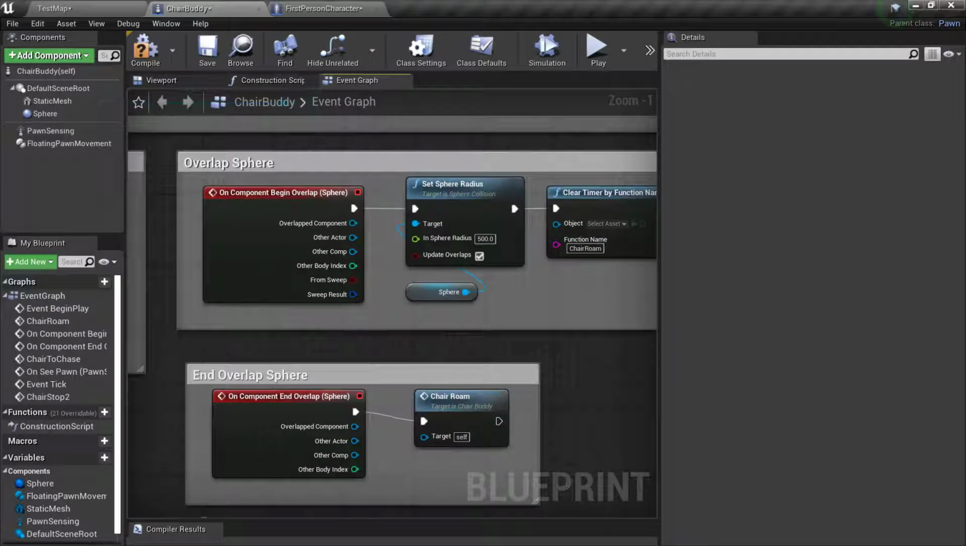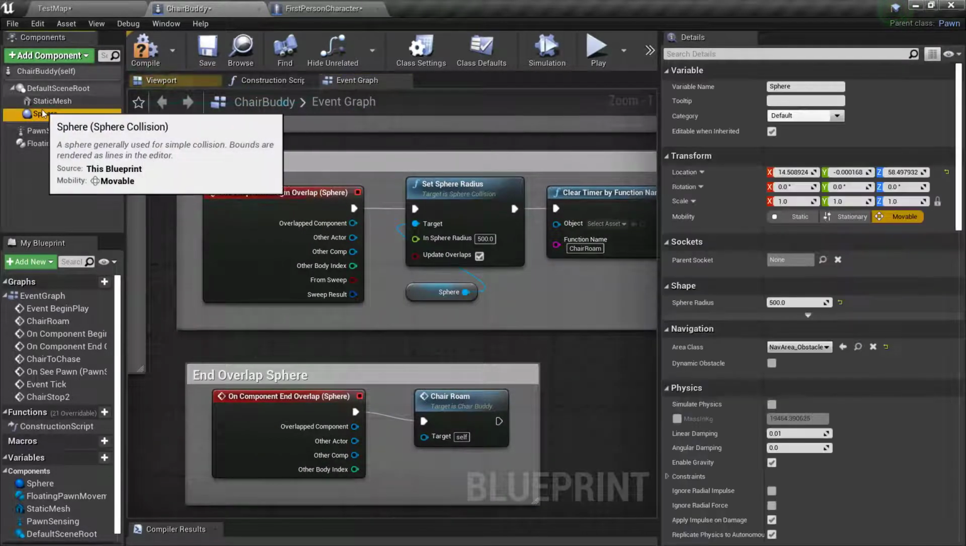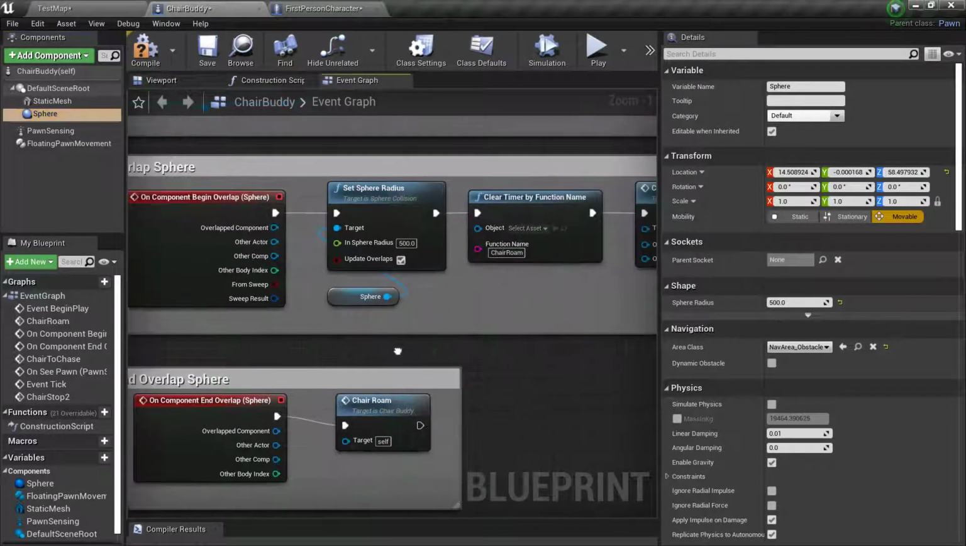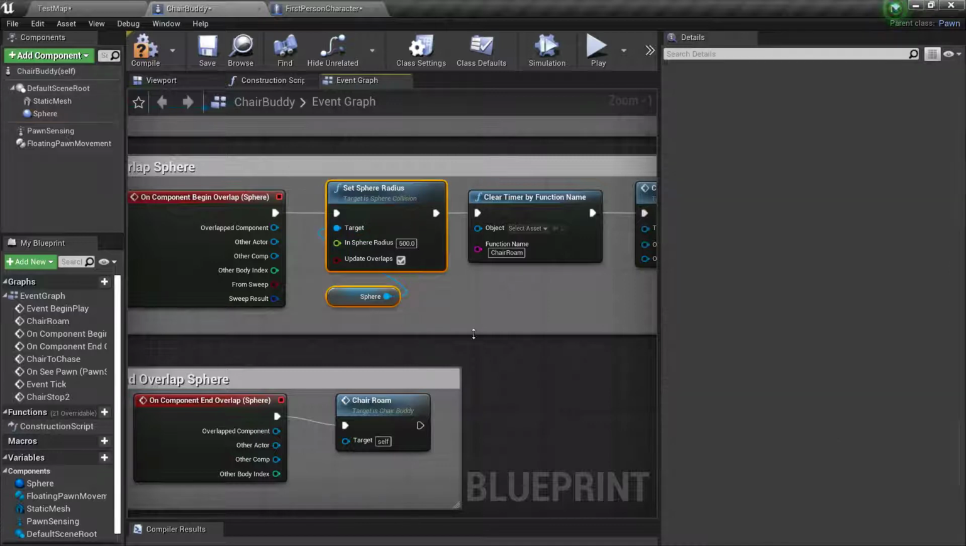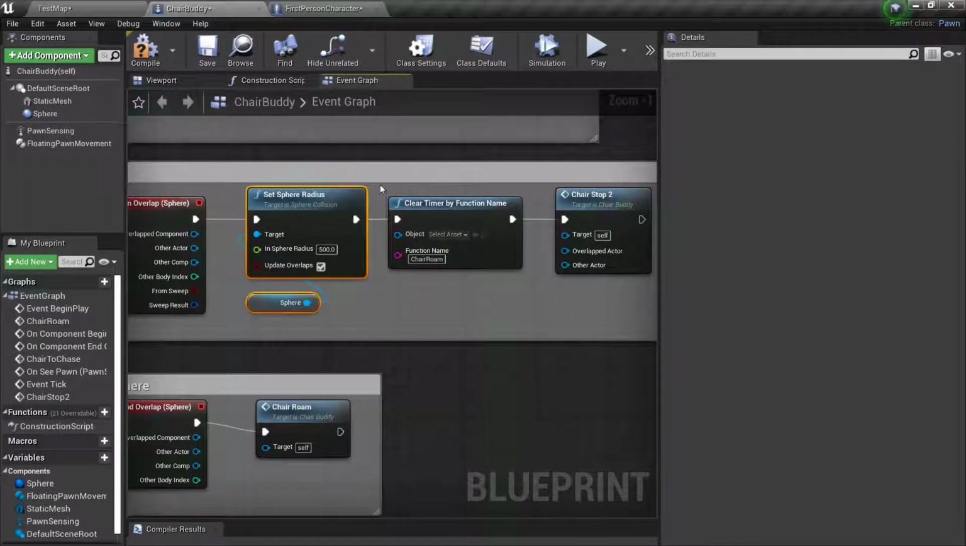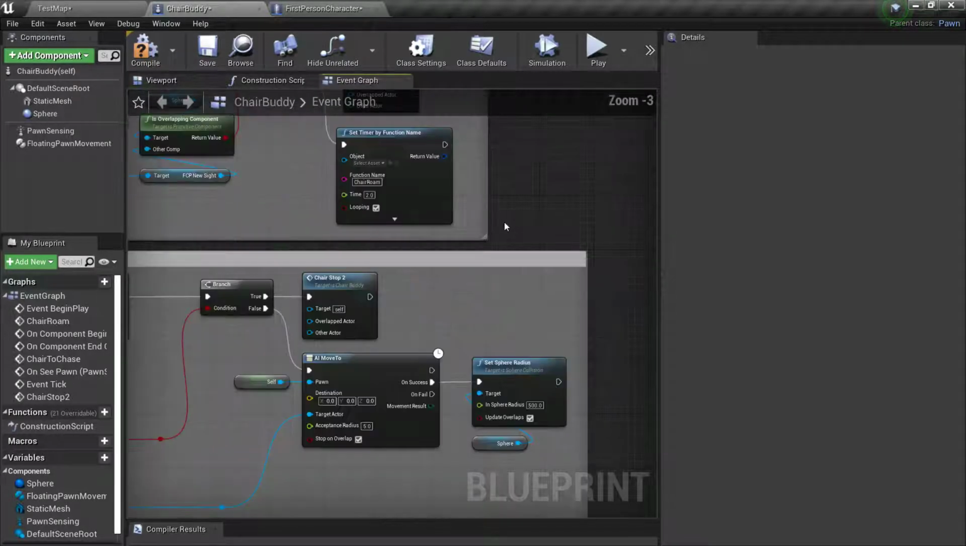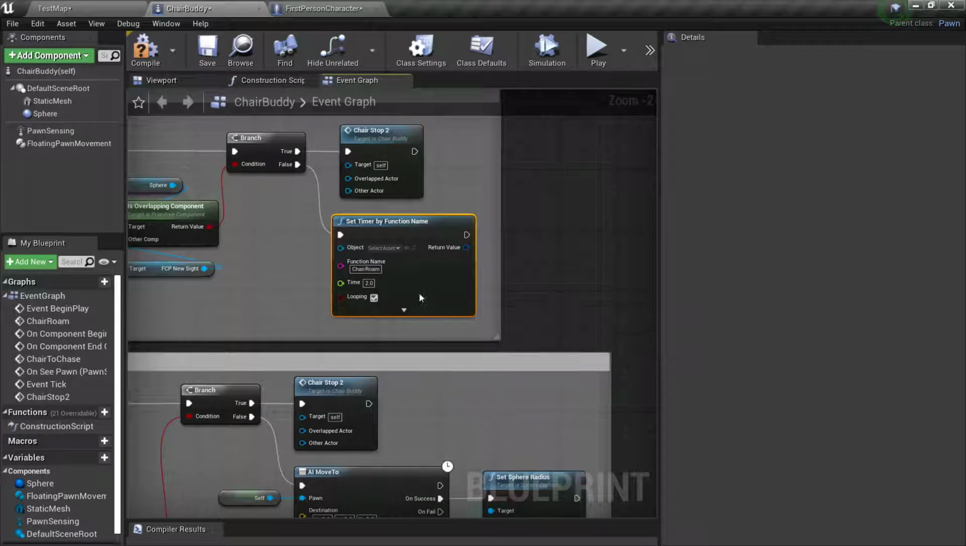Now from there, the last piece of this is the sphere. So if I hold the sphere and do an on begin overlap, basically what I'm telling it to do here is to increase the radius size of this back to 500. And now the other thing that I've also done is I've used a timer. So this up here, remember, this is sending us back to chair. It's giving us a time of 2, and I've got it on looping,